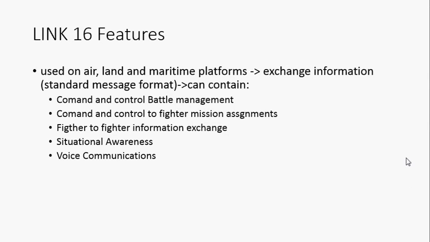So now we are going to talk about the other system that we are going to treat, that is the Link 16. So let's start with some of the features that we know that is deployed on IoT, LAN, and IoT platforms. It is mainly used to exchange information using a standard message format, that later I will show you what types and what composition they have. And those messages can contain